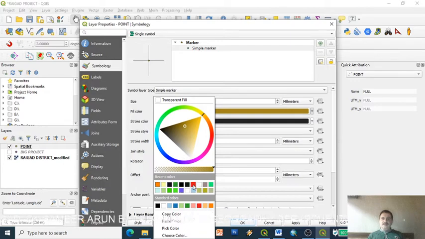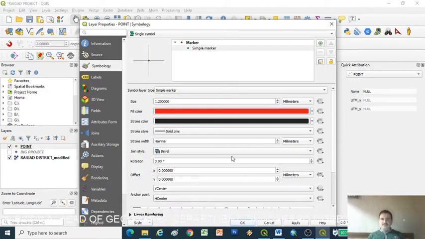Any color, suppose I change this color. If I want to add more symbols, I can add them.